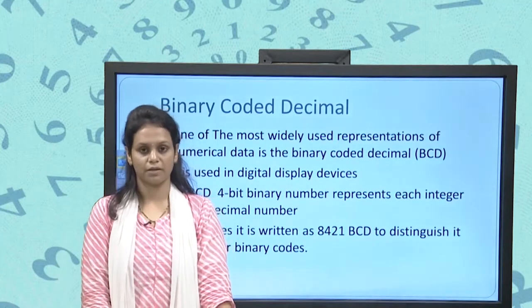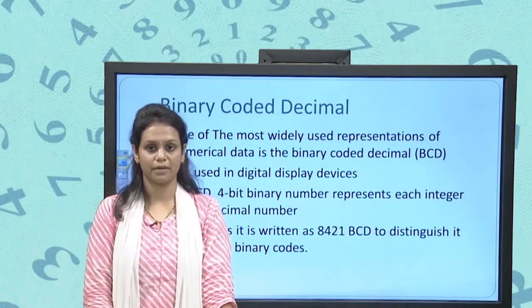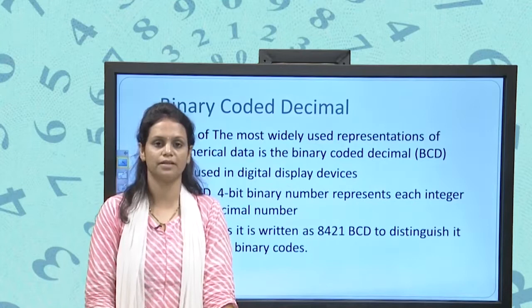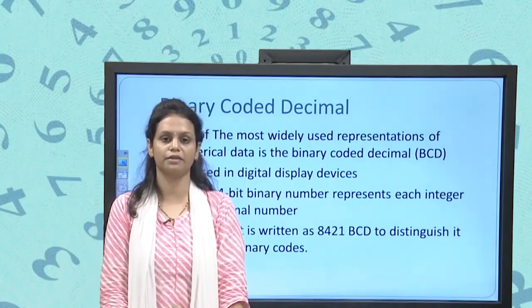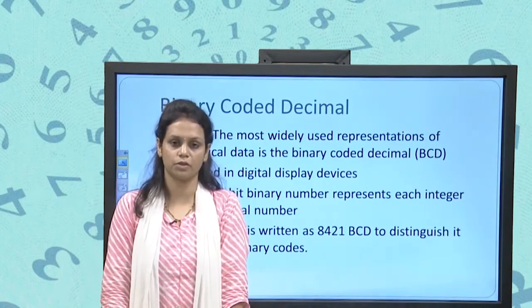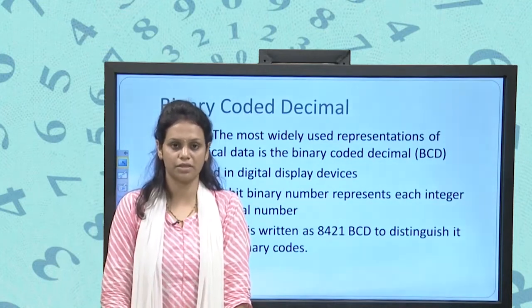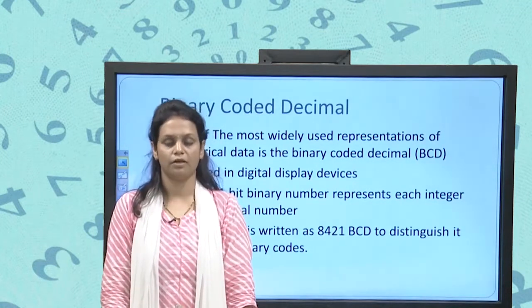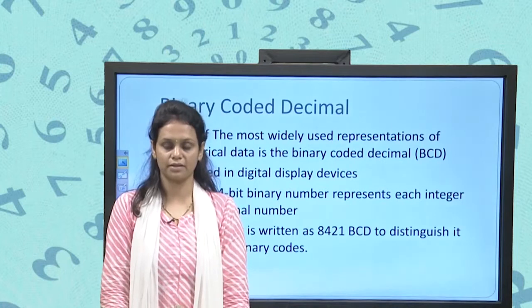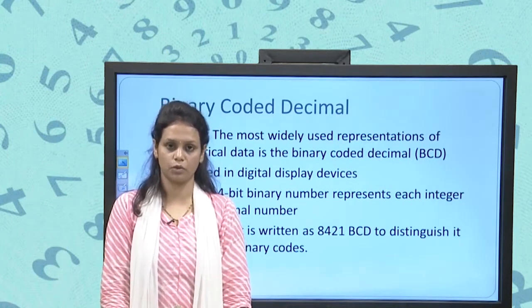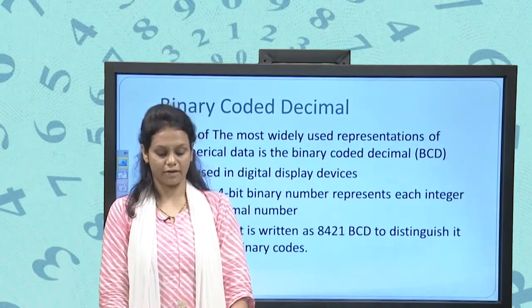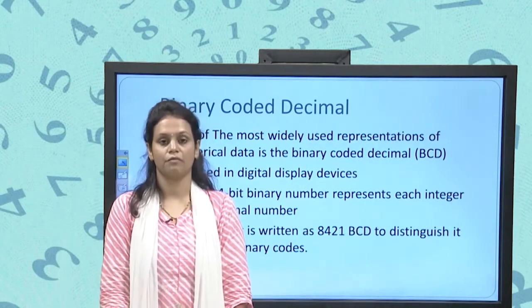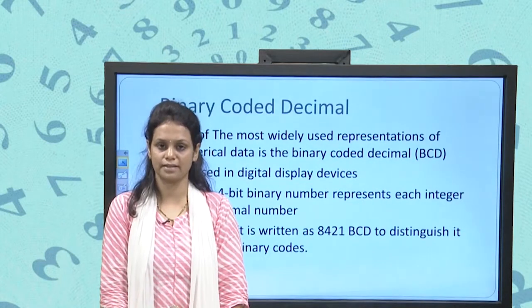What is the meaning of the 10 base or decimal number? The 10 base or decimal number is, we have the different symbols from 0 to 9. That means we can use the different symbols from 0 to 9. If we want to use the next number, then we have to use the combination of 0 to 9. Fine. Same way, hexadecimal number is the 16 base number.